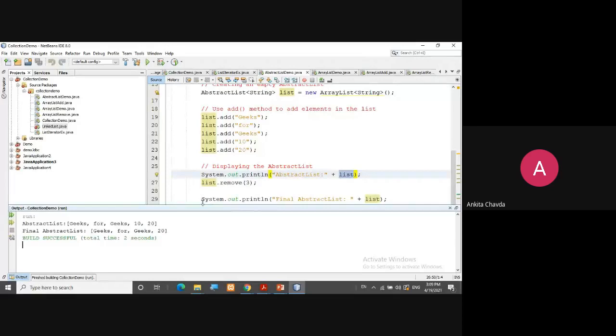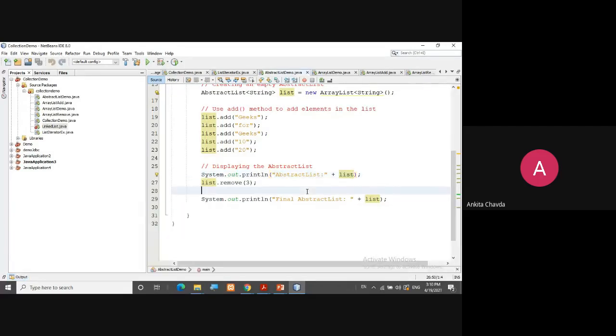So here in the abstract list, they are showing whatever elements they are having in square brackets by default. If you wish to print in a single line, then you have to use the while loop and the for each loop and so on. You understand. So here they are just showing what elements this list is having. It is gigs 4 gigs, 10 and 20. Now what I'm doing is list.remove. When I'm removing the third index from this list, at that time gigs 4 gigs means the 0th index, first index, second index, and the third index means this 10. This 10 has been removed.